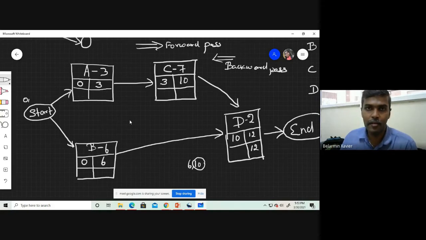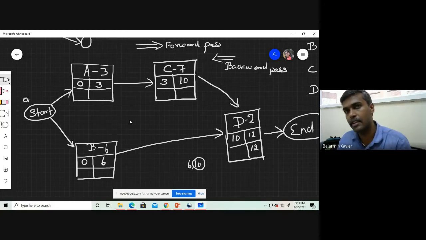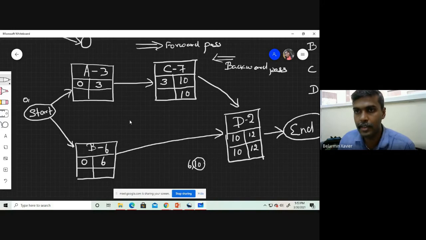We can't delay more than 12, right? So to complete this activity in 12, the latest start is 12 minus the duration, that is 10. How late can you complete activity C? Again 10. The same 10 will come here. 10 minus 7, 3. Clear?